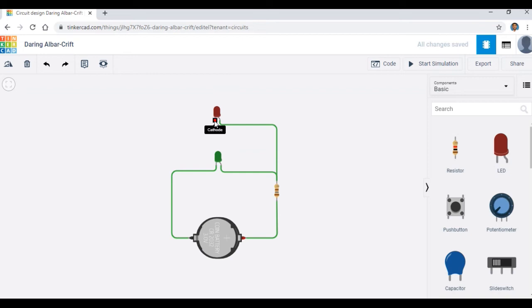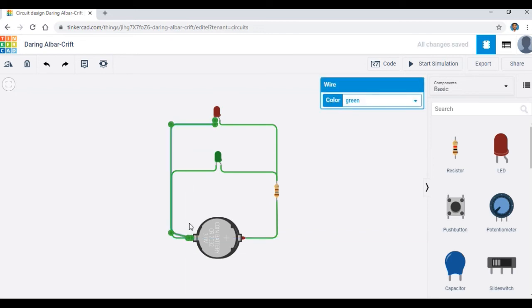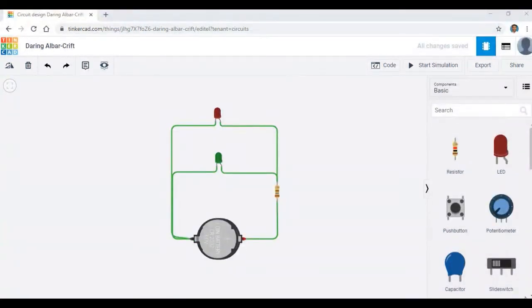From here also we have to take the same connection. Okay, and I'm going to rearrange this neatly. So we are now done with the circuit designing.